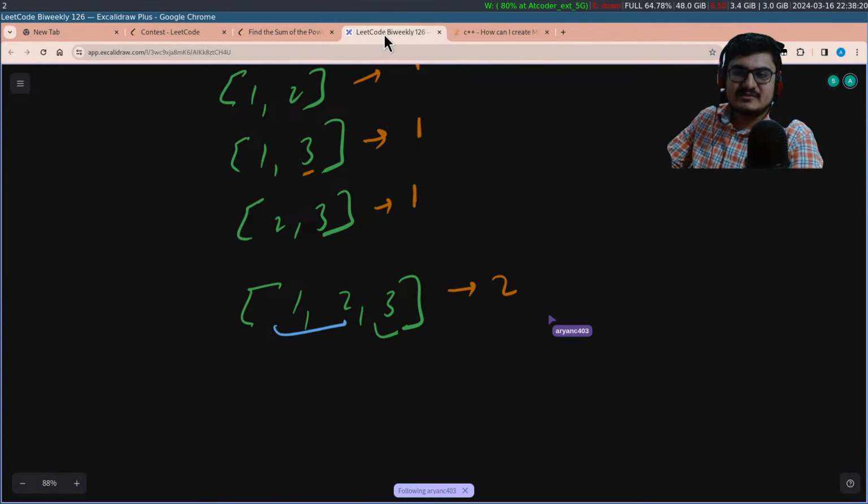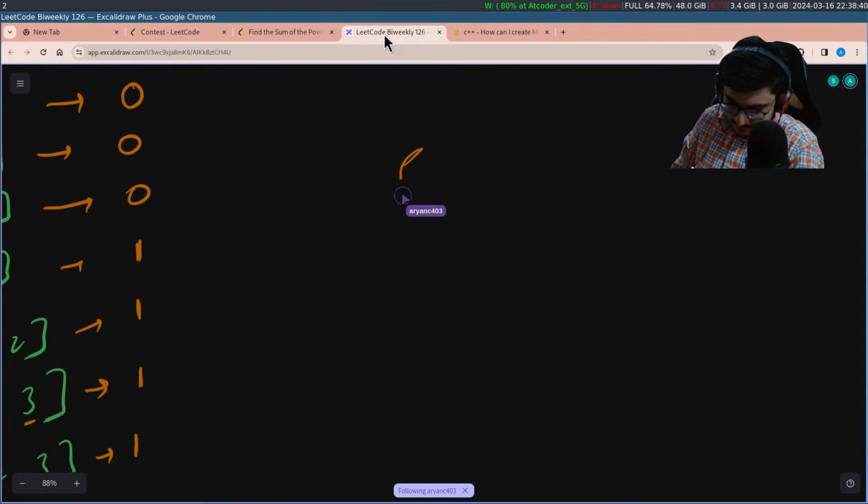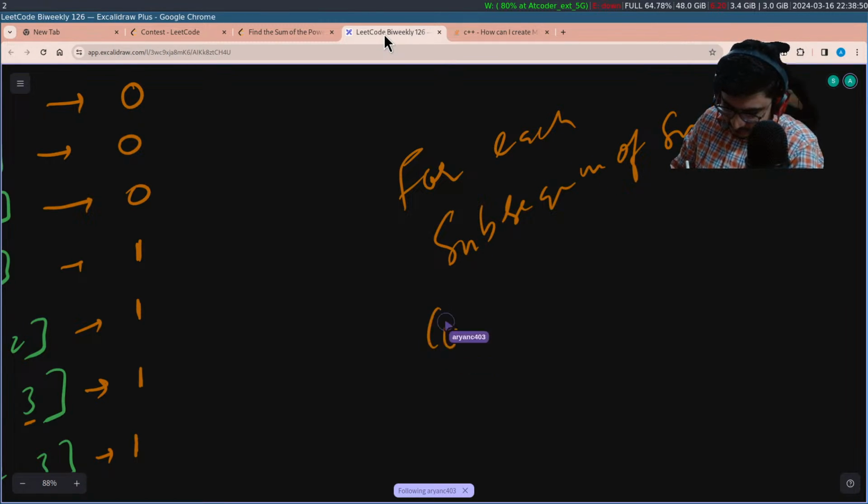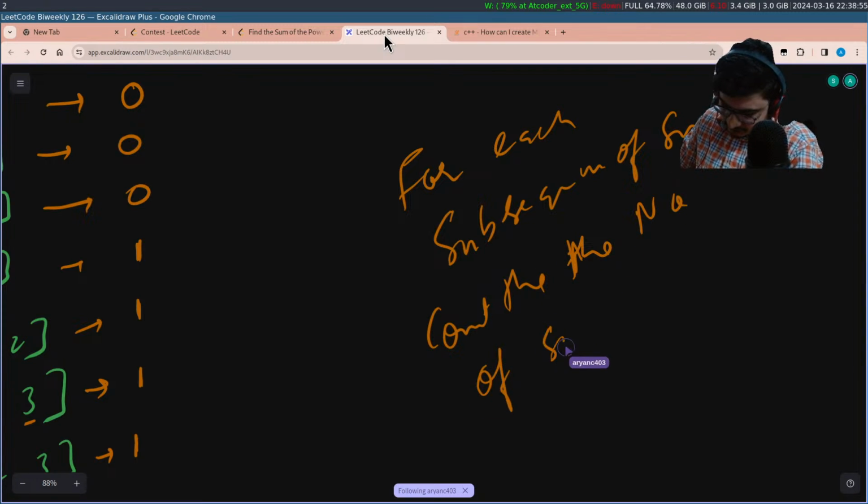And a subsequence is defined as you take a sequence, you randomly delete some elements from it and keep the order the same. Whatever remains is the subsequence we need. And once we know this, my idea was to do it the other way. For each subsequence of some k, count the number of